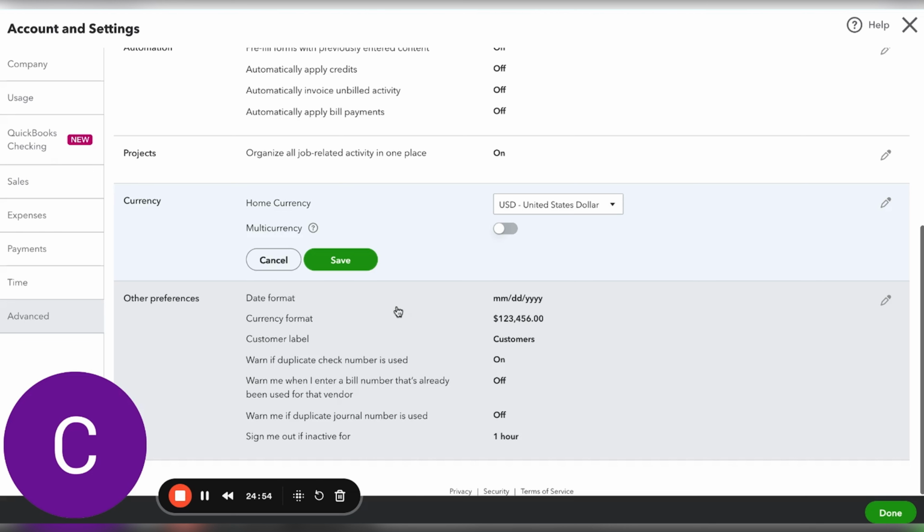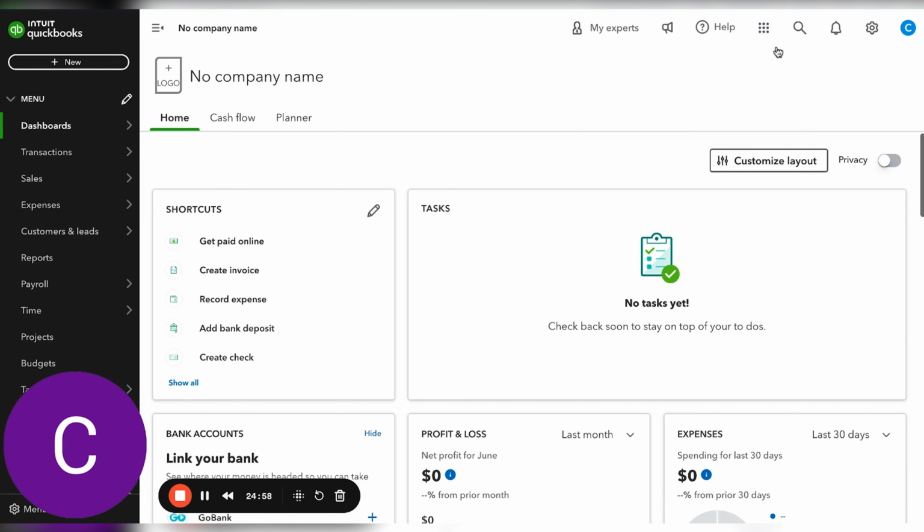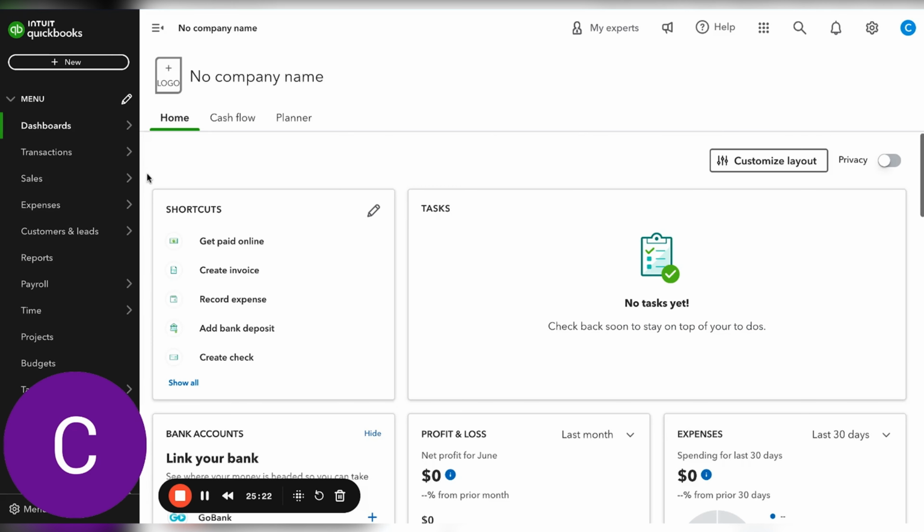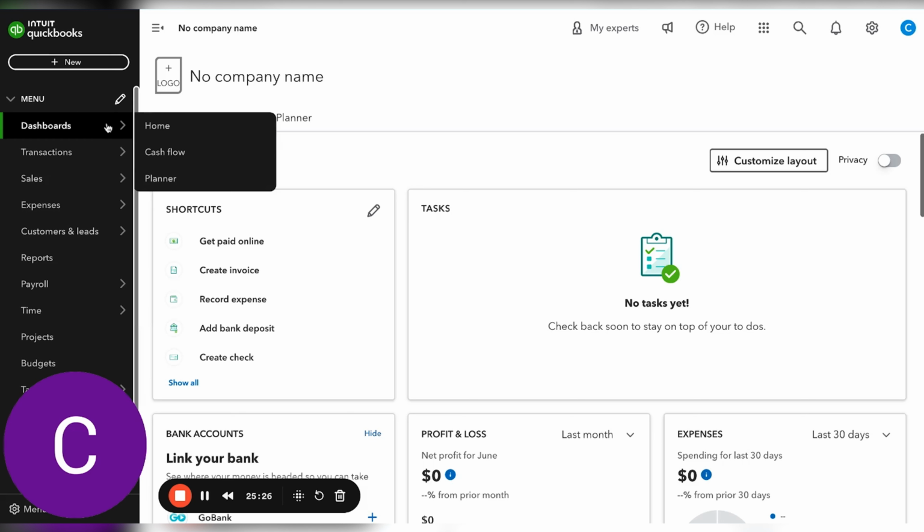So I just highly recommend reading through all of these and getting them to what your business needs. And then once you've done that, you can continue through all of the settings and set things up this way. Like you could work through your chart of accounts. If you go to the lists bit, you could add your products and services here and that kind of thing. But I generally find it easiest, once you have those basics of settings done, to start working within the actual